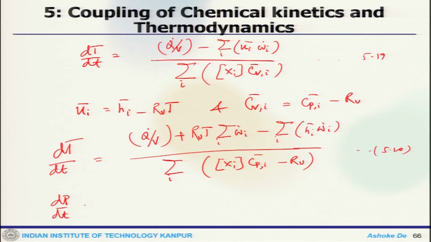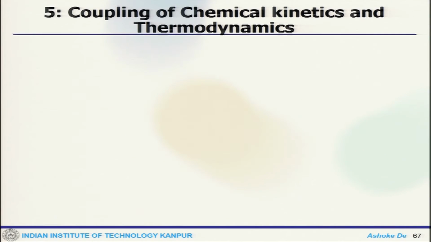dP by dt is quite important. This is important for this V equals constant case, because in the P constant case that term disappeared. So, in this case this will not disappear and that would be quite important. Now, to get dP by dt, again we will start using the ideal gas law, which is PV equals summation over I Ni RUT,